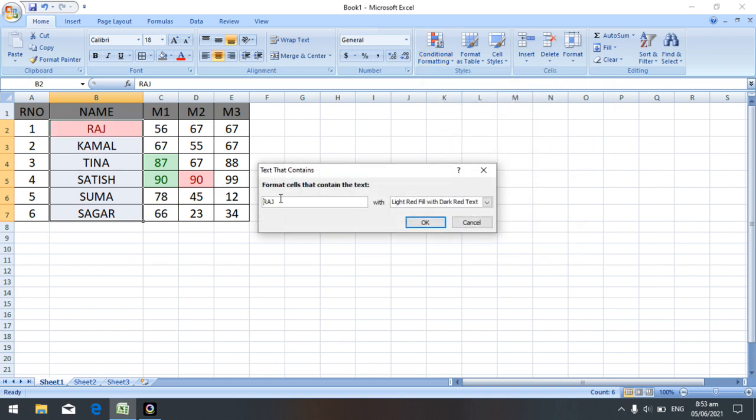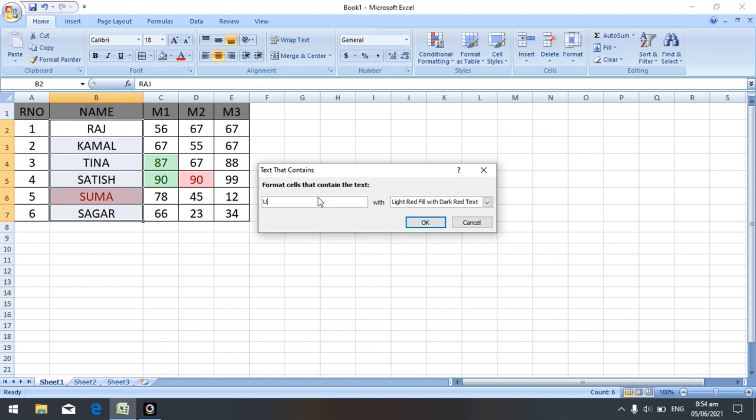If I select any one alphabet, so if I select S, at that time it highlights those names which contain S. Instead of S, if I select U, in Suma U is there, it highlights only those.